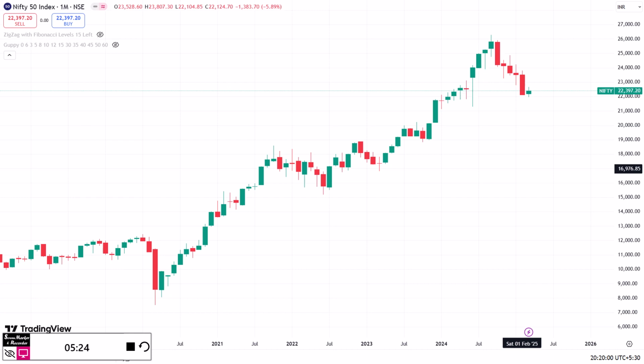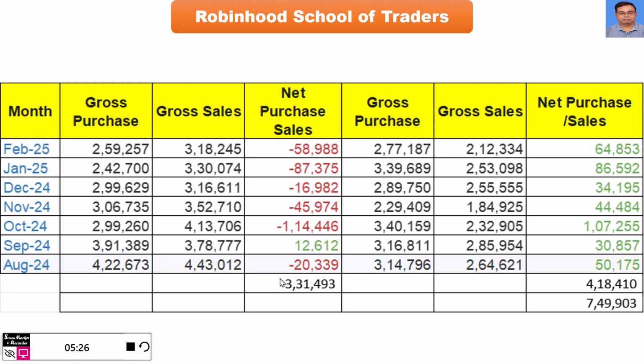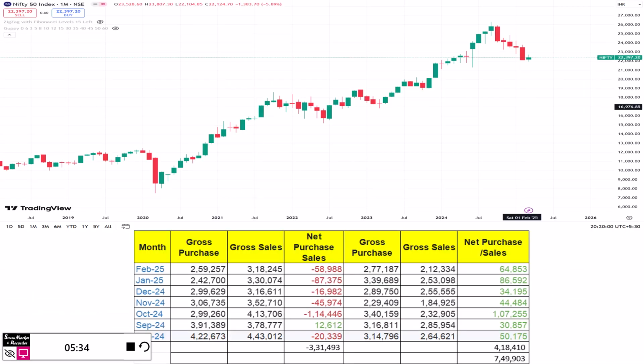So why am I using the term they have pulled out? Because prior to this, if you see, they had pumped money. In the last 7 months, only in 1 month did they put money in, in September. If you go to the chart, in September, if you see, there's hardly any momentum from the money they put in. I don't know why they put it, but the chart also made some sort of hanging man or hammer, you can say, in the upsurge market. So this is the time. This is October.